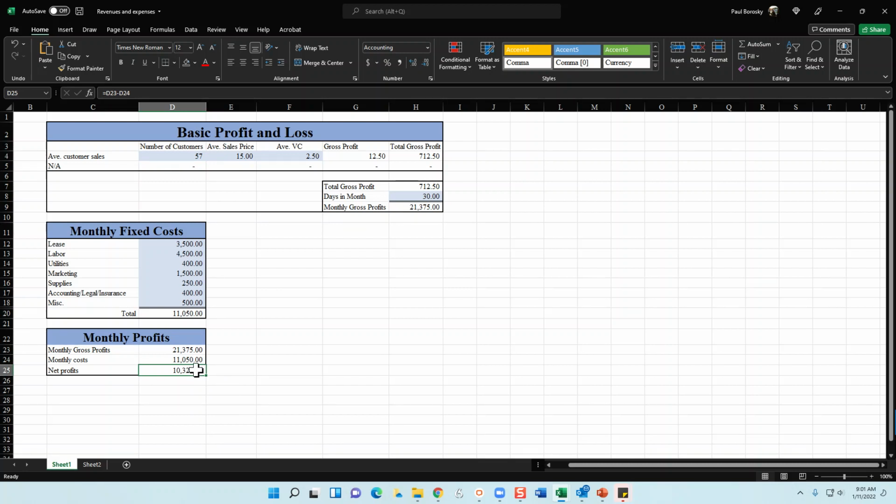So now, instead of worrying about all the things in the restaurant that we need to worry about, and we do, we can mainly focus on getting these 57 customers in per day, and getting our sales price per ticket to around $15. If we focus on that and modify our operations to that, then we know we're going to get close to our net profits, which is one of the benefits of a financial model.